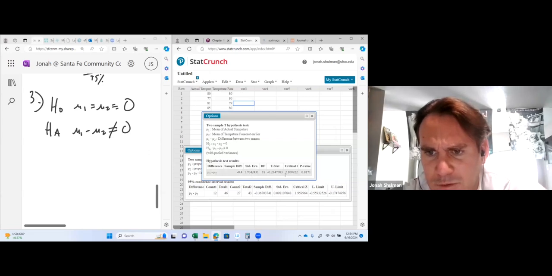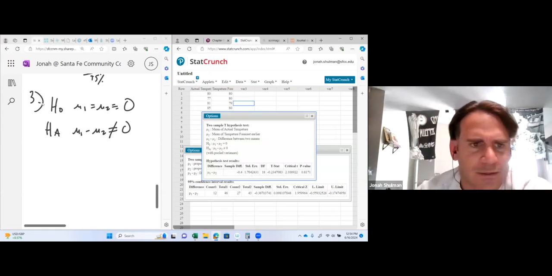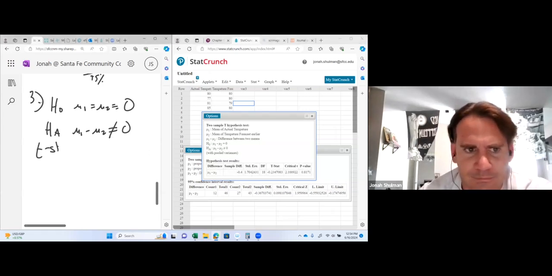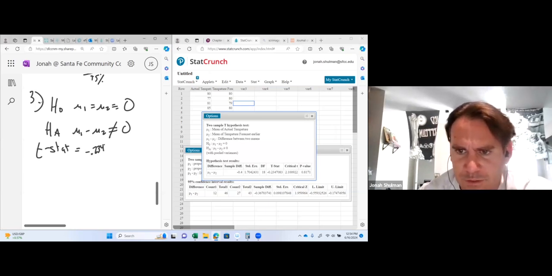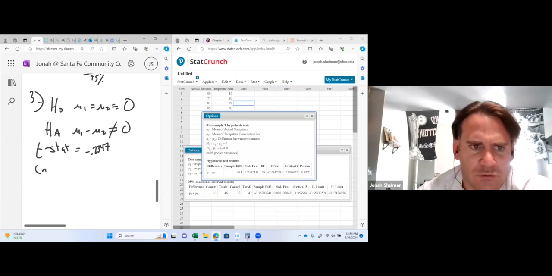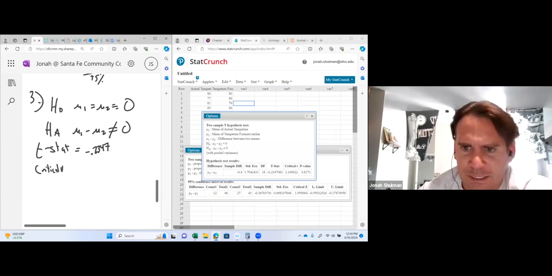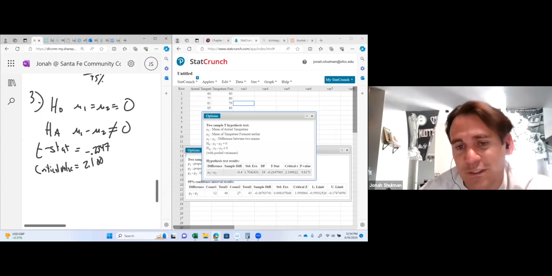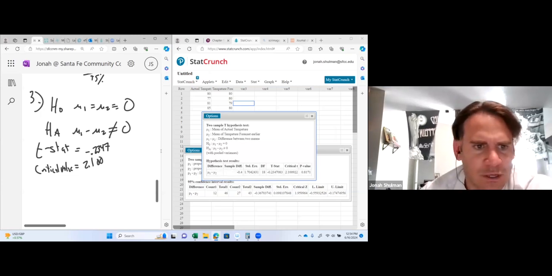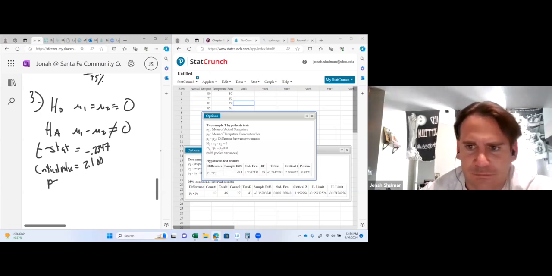All right, so our t-stat here is negative 0.2347. Our critical value, when we're testing it against, is 2.100. Notice that it's always higher when you're doing two-tailed,